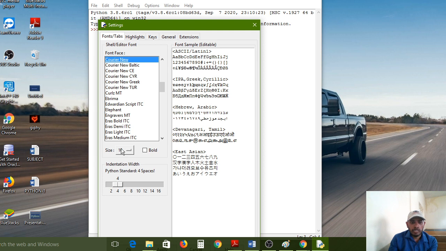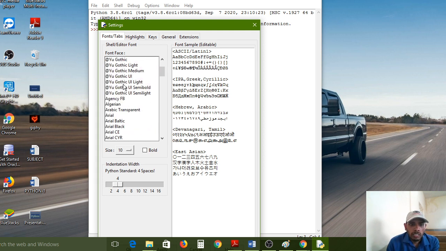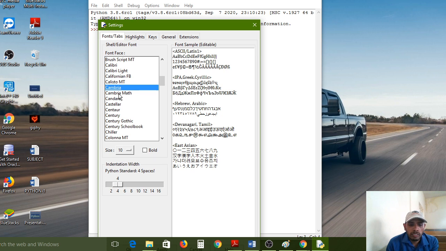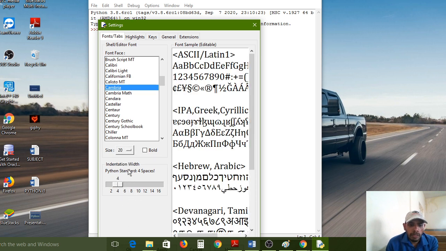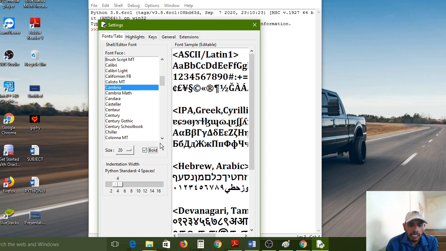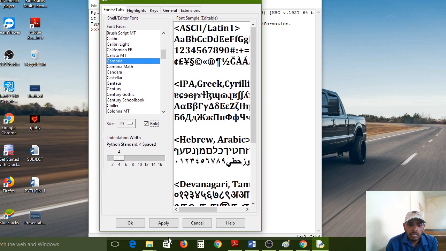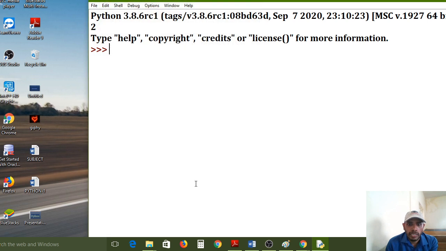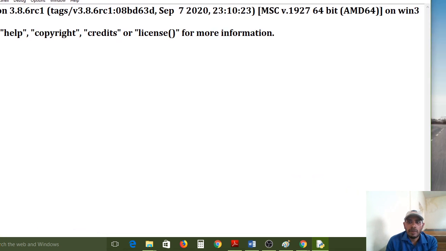Now I am selecting the font. Cambria is my favorite font, so I selected it, and the size is 20. I am selecting bold letters. Apply, OK. So this is the command prompt.